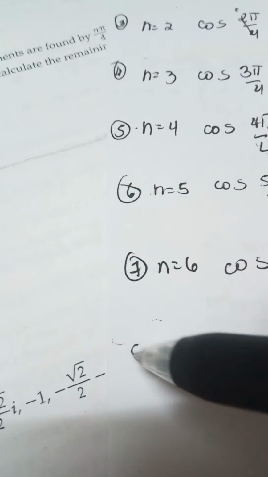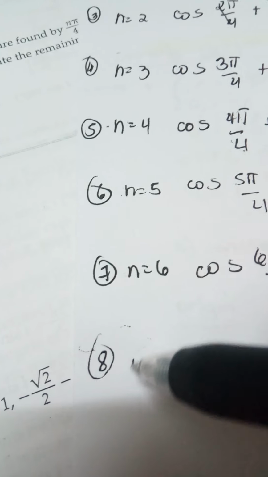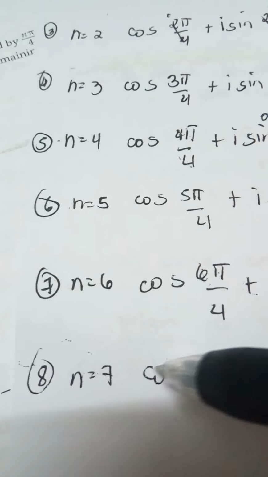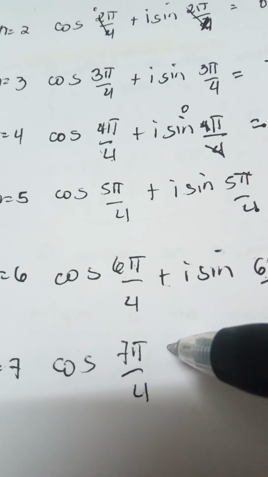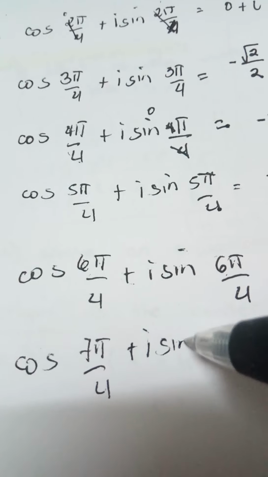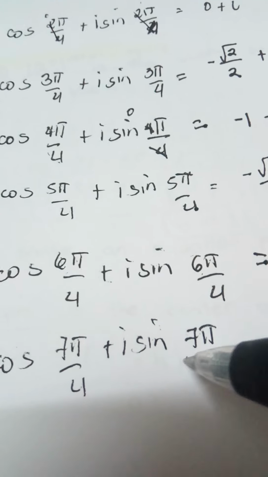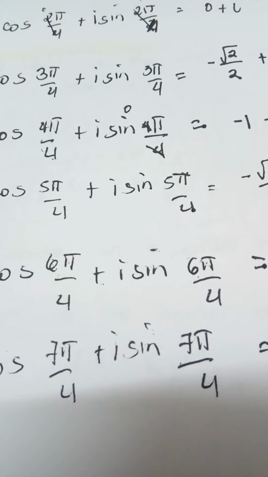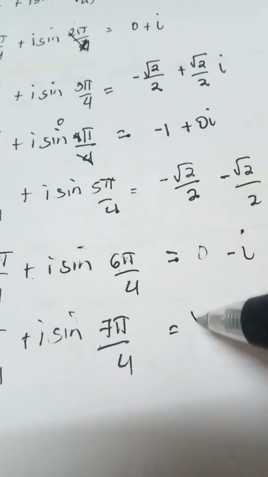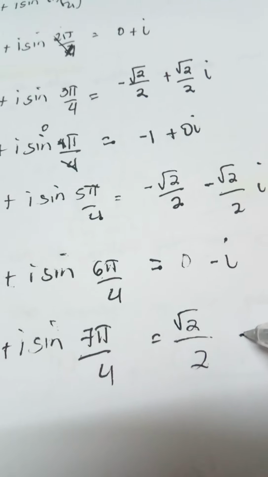Last one, number 8. n is equal to 7. Cosine 7 pi over 4 plus i sine 7 pi over 4 equals, cosine 7 pi over 4 is the square root of 2 over 2 minus